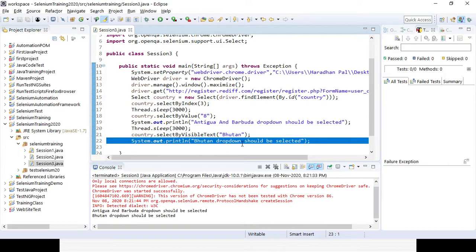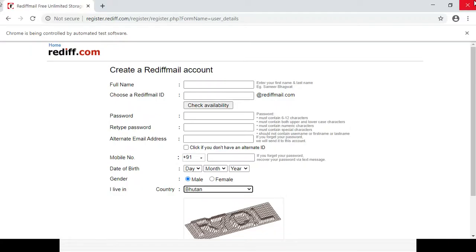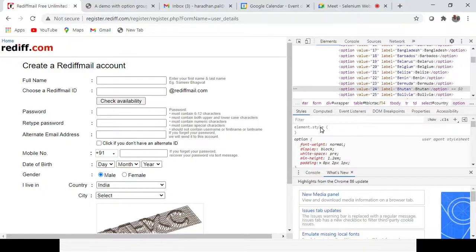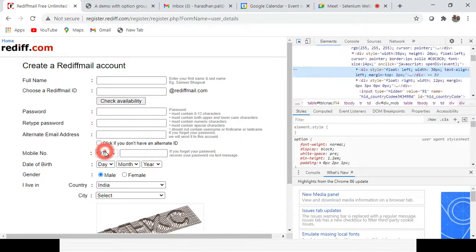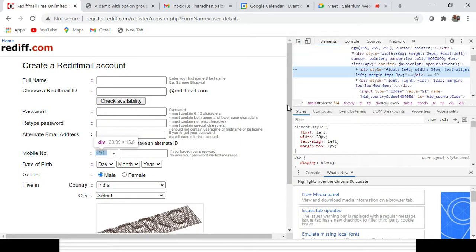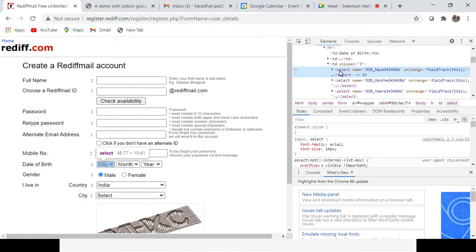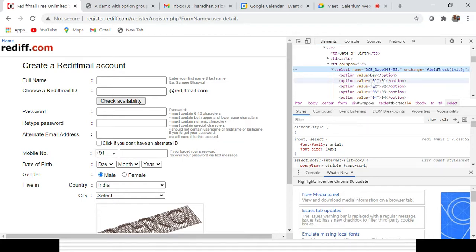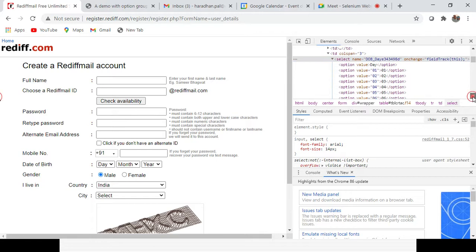So that way, whenever any Select class is there, how can you understand? If the tag is starting with select, right? Suppose if you inspect that option, your tag will start with select. Suppose I take days, right? You can see that it starts with select. If you expand it, you can get all the options. You can see all the options and values. The first value is day and then the other options.